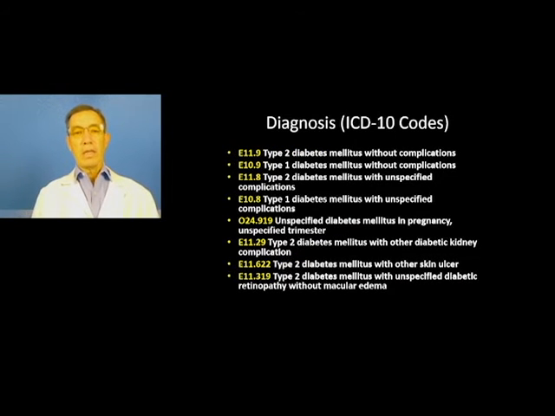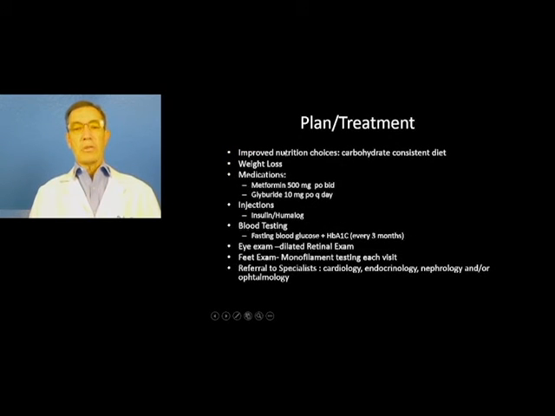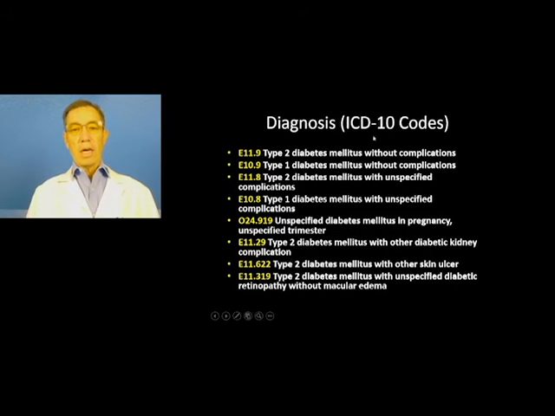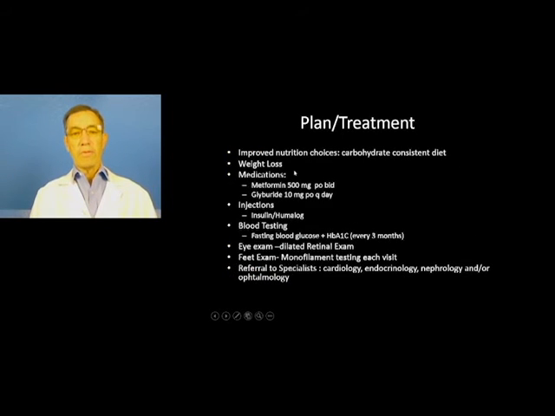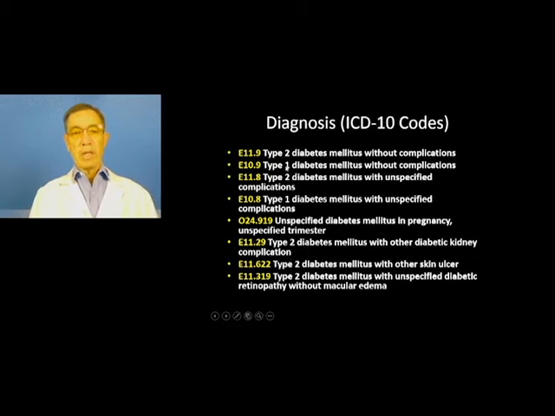These are the various types of ICD-10 codes that could be used. Type 2 diabetes without complications is E11.9, and you can read through the different ones. Type 1 is E10.9, and then diabetes with complications is E11.8. Type 1 diabetes mellitus with unspecified complications is E10.8. And then if they have diabetes of pregnancy or gestation, it would be an O code,